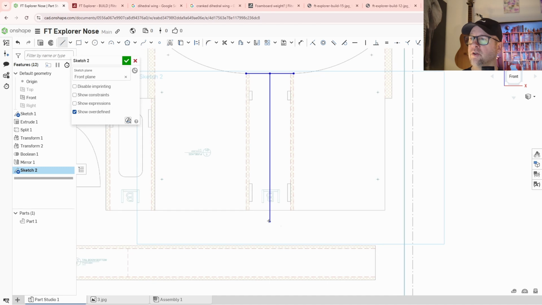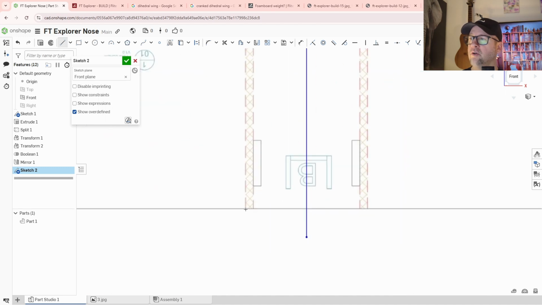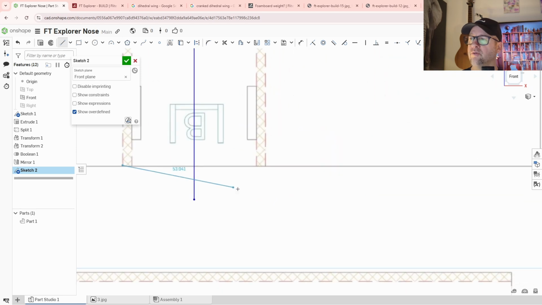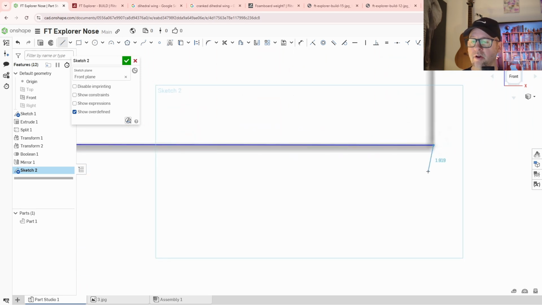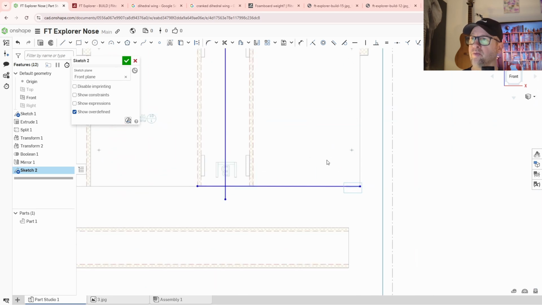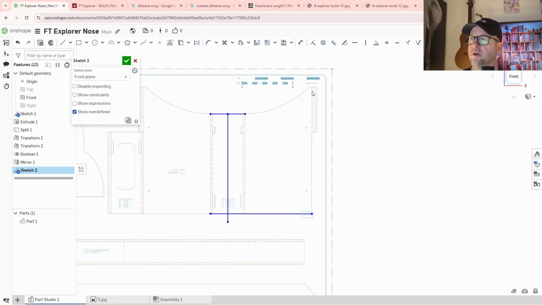All right, so now I could do L again. Click on that guy, and we're trying to get this a little better. I'll fix that in a second. Okay, and then click right there, L to get out of that, and I'm just going to grab it and pull it down. It's not constrained yet. Now we're going to grab this edge right here,